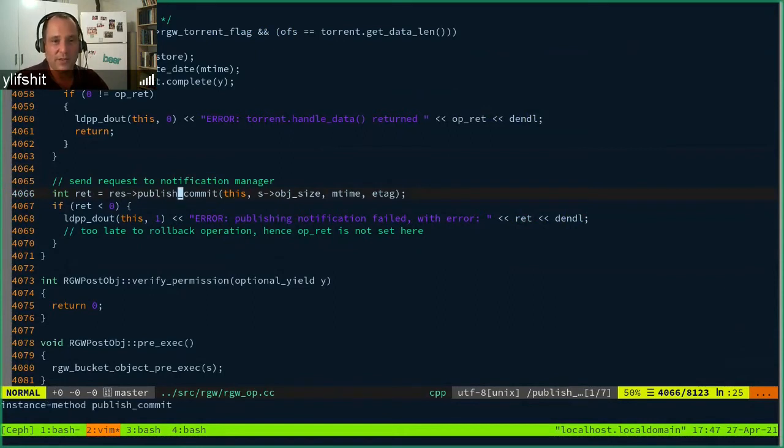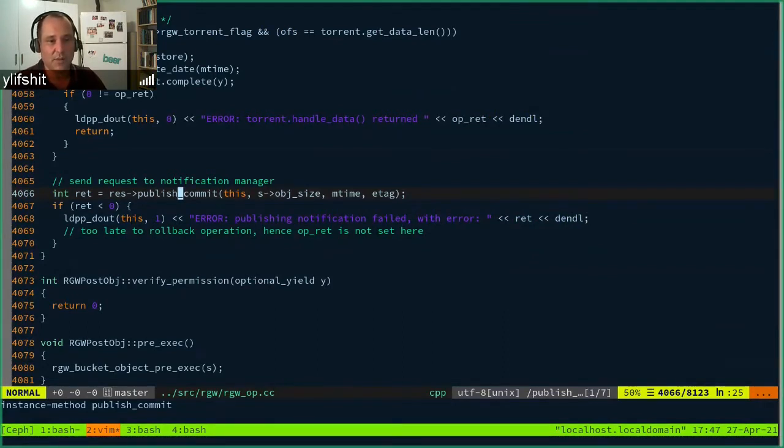So if we failed here, it's too late for rollback. We can't say, oh, we failed the entire action, because the object is already in Ceph. So we can't say we failed, but the notification is not sent. On the other hand, this is not good either, because if somebody configured bucket notification, it means that they want notifications there. So it's a bit of a problem and it's not really solvable